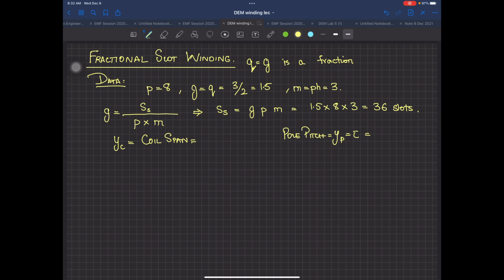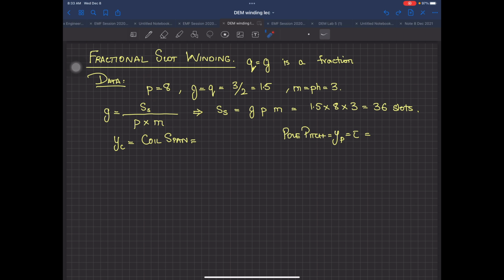Now listen to this very carefully. G is the number of slots per pole per phase. That is, if I have an A phase in front of one north pole, I will have 1.5 conductors. For one phase, A, B or C, whatever you select, under one pole you are going to have 1.5. Now, 1.5 is not practically possible, so the average value is going to be 1.5. So two consecutive poles, north, south, then north, south, because there are 8 poles, meaning 4 north and 4 south.